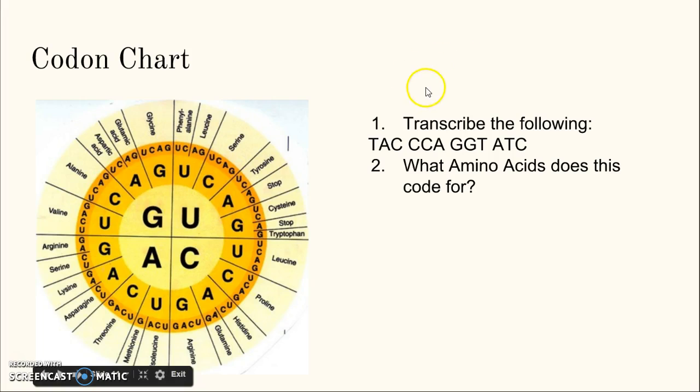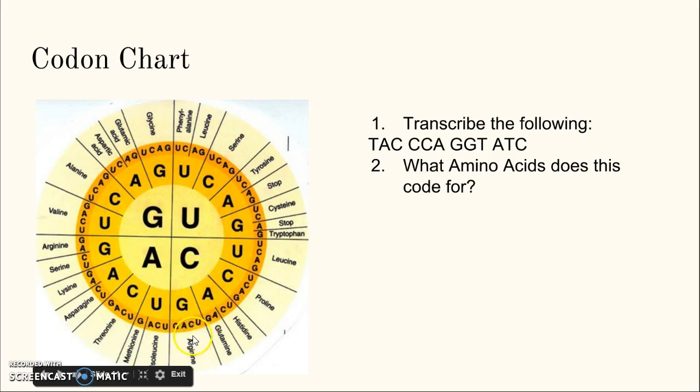Now, this is your codon chart. If we look at this very carefully, you're going to know this and love this. So, how do we use this? First off, your first letter in your codon, you're going to look at the middle of the circle. Then you're going to look only at that quadrant. So let's say you have the codon